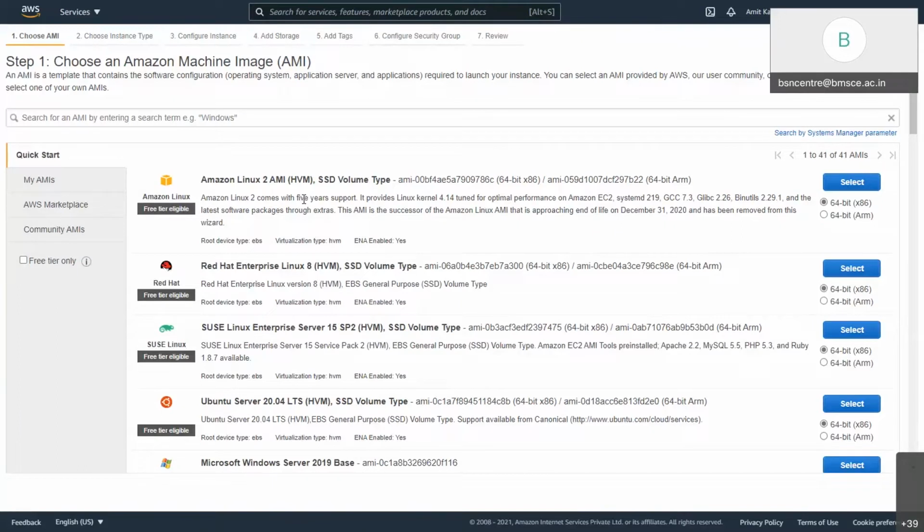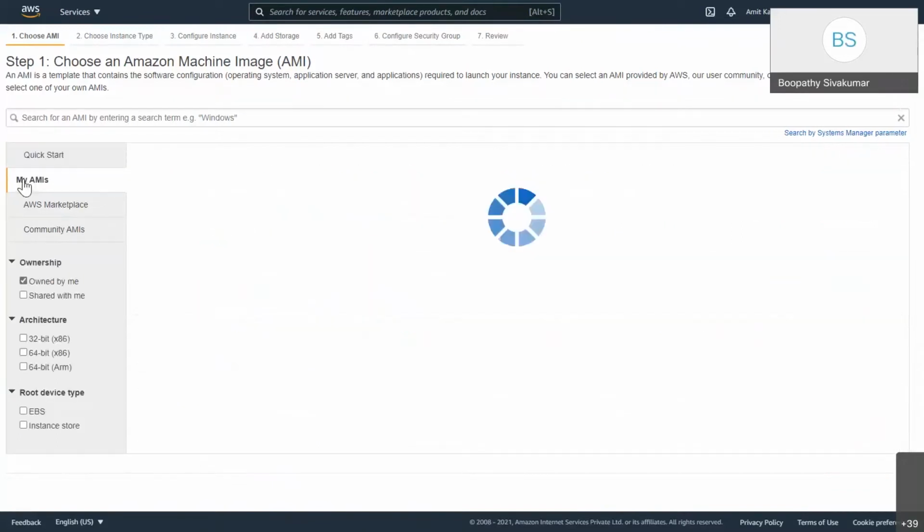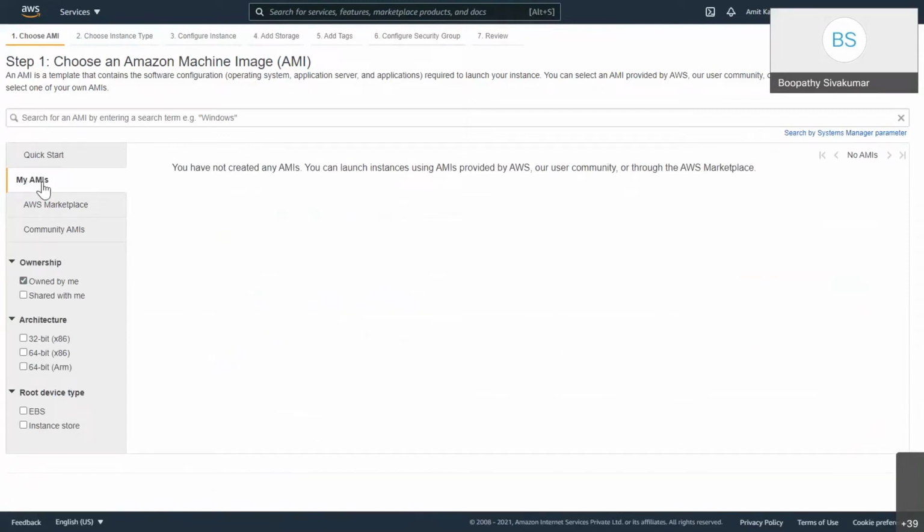My AMI is nothing but, you can use whatever AMI they are providing, and you can also create your own OS. There are a lot of different tools that support creating your own AMI or OS based on a core OS.